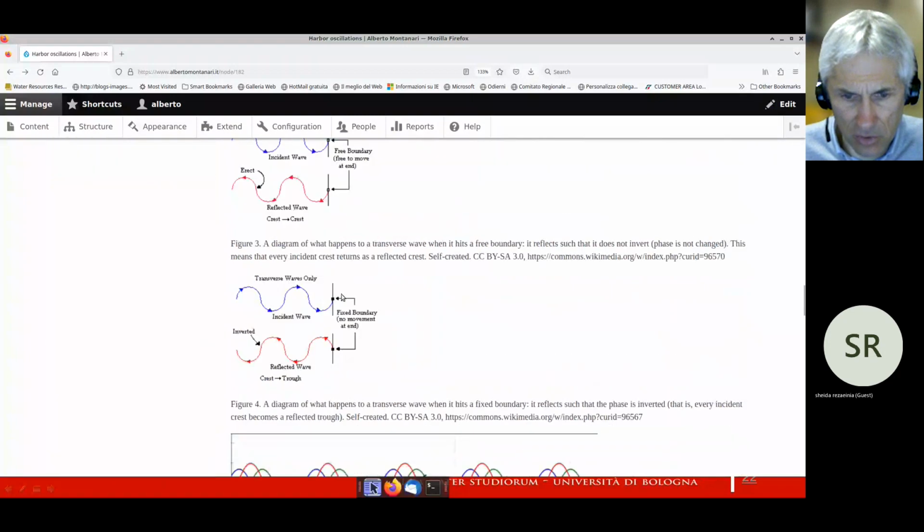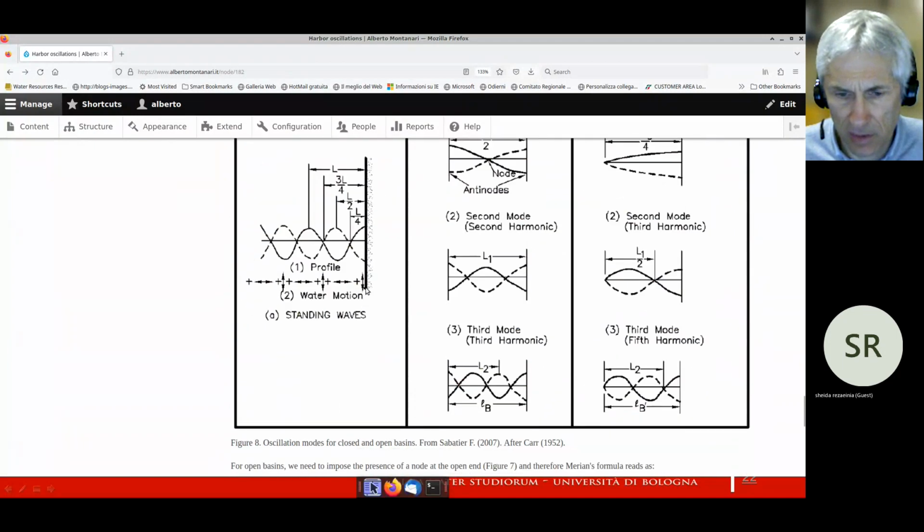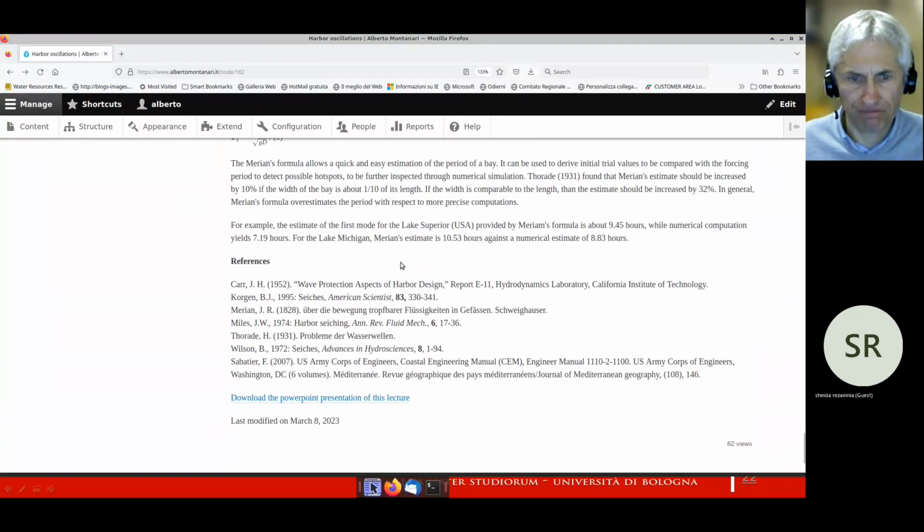discuss with you. Let me go at the end of the lecture. Here you see there are some references, some of them are available on the web as open documents, not all of them actually. These references allow you to understand the fundamentals of this theory. And the very final consideration that I wanted to make is related to the conditions